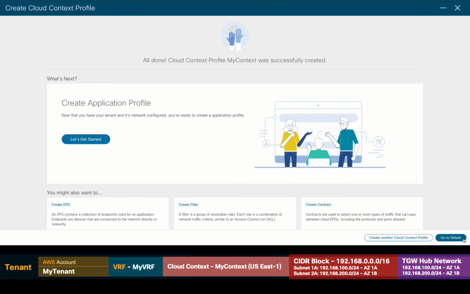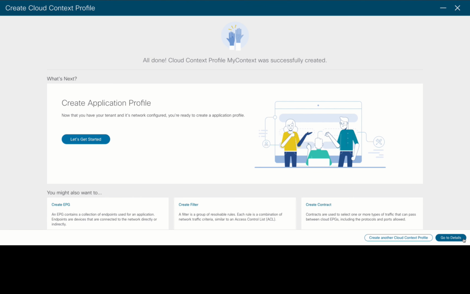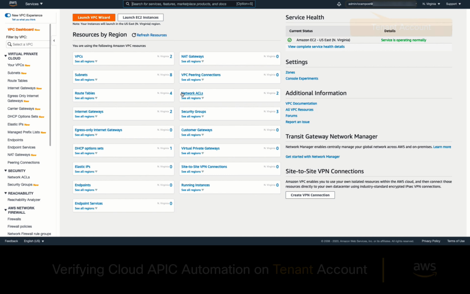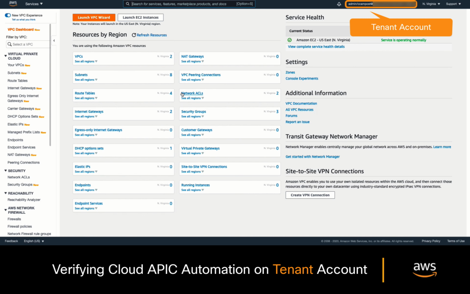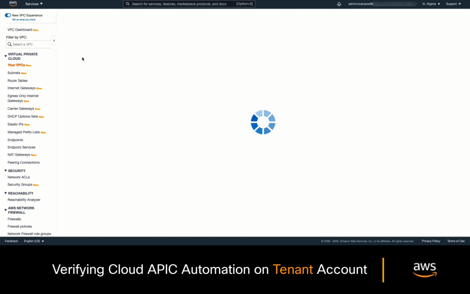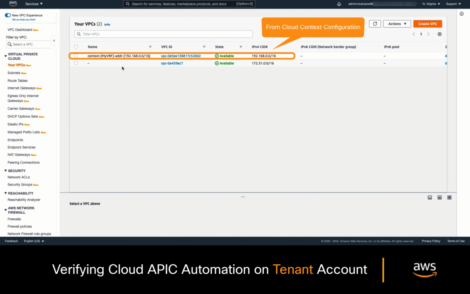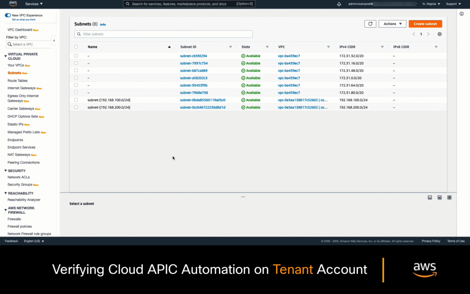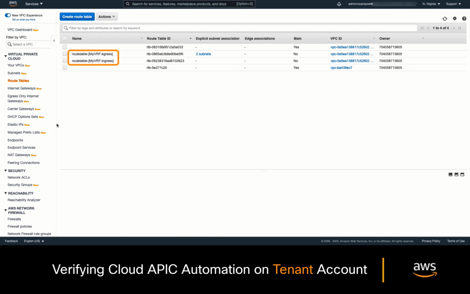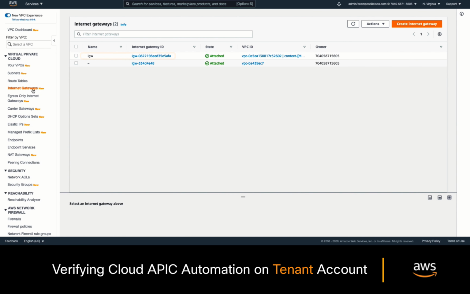Let's now take a look at what was automatically created on the tenant account by logging into its AWS console. First, we can see that a VPC was automatically created for this tenant account, including its CIDR block, subnets, and routing tables for both ingress and egress traffic. Both subnets have already been associated to the corresponding routing tables, and an internet gateway has also been created for